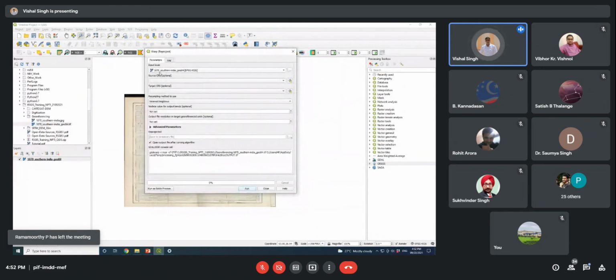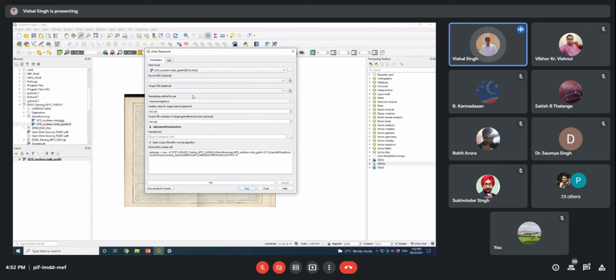Here the input layer is already added. If this information is not correct, it should first be georeferenced in a geographic coordinate system, and only then can you go for the projected coordinate system. Directly you cannot apply the projected coordinate system, because we need the latitude longitude information for the transformation from geographic coordinate system to the projected coordinate system.